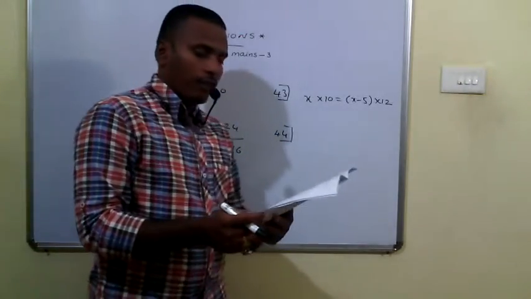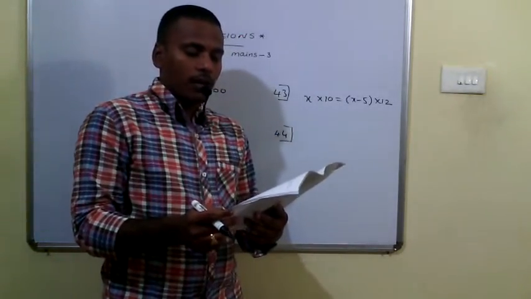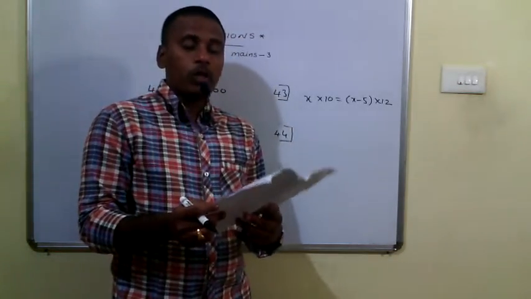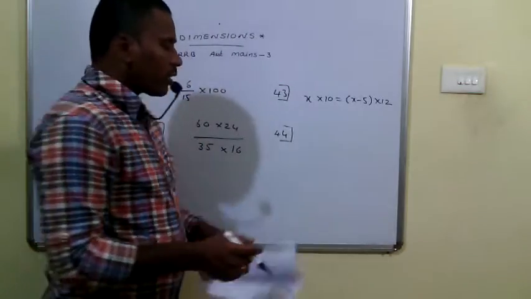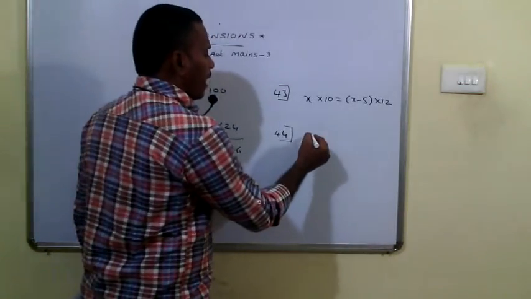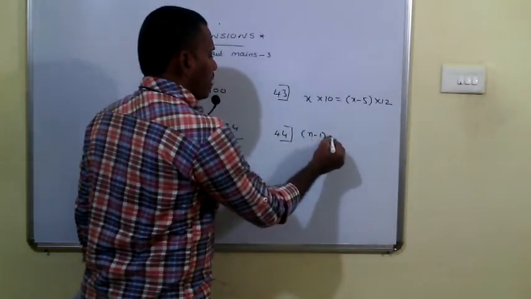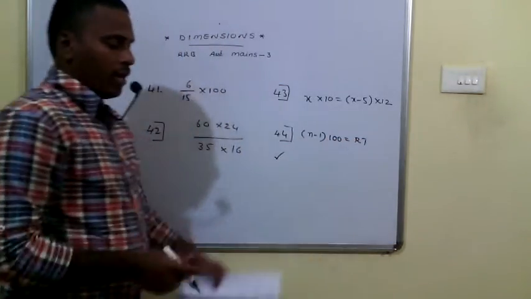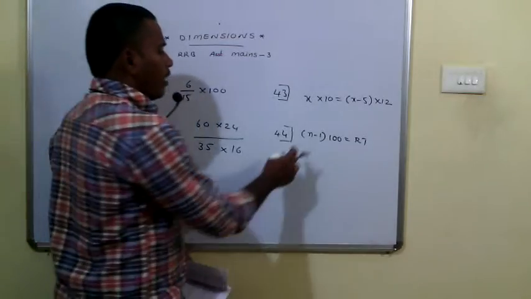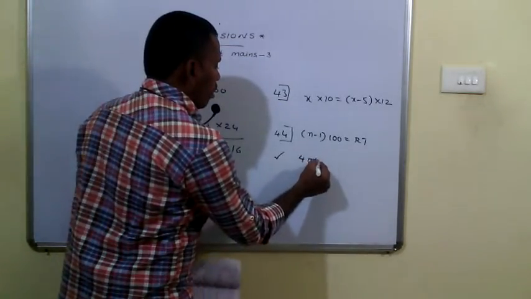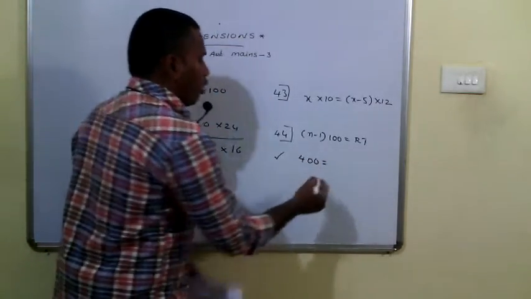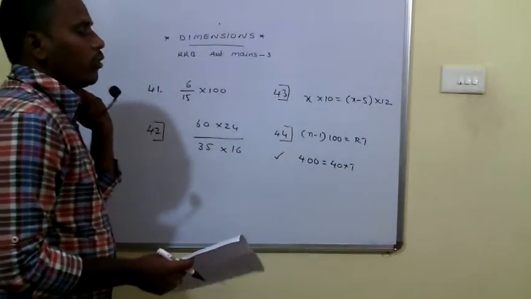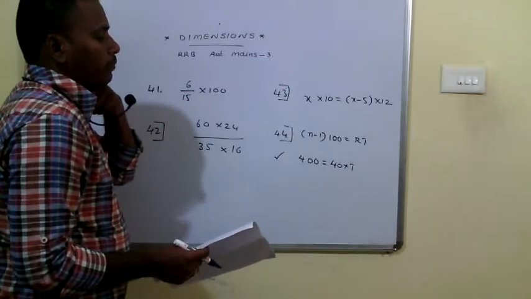Okay. Coming to 44. A certain sum becomes 5 times at 40% annual rate of interest. At which rate will it be 2 times? So if a principal becomes n times the principal, then the logic is (n minus 1) into 100 is RT in simple interest. It is given that it becomes 5 times. So n is 5, 5 minus 1 is 4, 400 is equal to the rate of interest 40% per annum into T. So on solving this, you will get T is equal to 10.